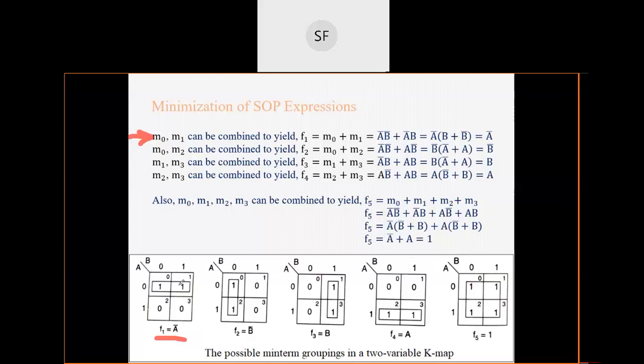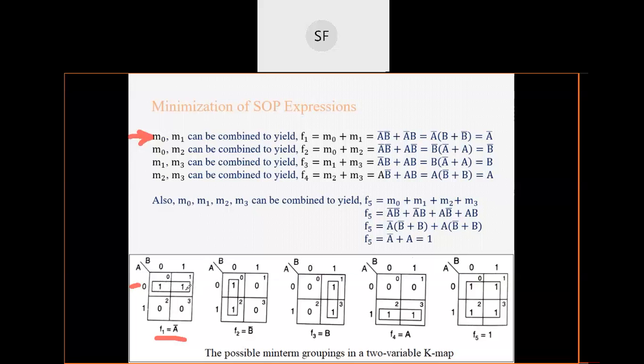Now these two ones, if you observe carefully, are nothing but adjacent cells. Why? Because between these two, the value of A is constant, it is 0, but B is varying. So hence it is called adjacent cells. Now these two adjacent cells can be combined to form a pair. है ना, जो अर्लियर स्लाइड में we have seen what is the definition of pair. जब दो एडजेसेंट सेल्स आप कंबाइन करते हो then it will be called a pair.